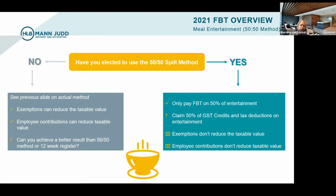So if you're providing entertainment more to employees, maybe it is more effective in this case to use the 50-50 method. On the other hand, if more of your entertainment is provided to clients, the actual method might be more effective and allow you to reduce your liability significantly by drilling into all the different